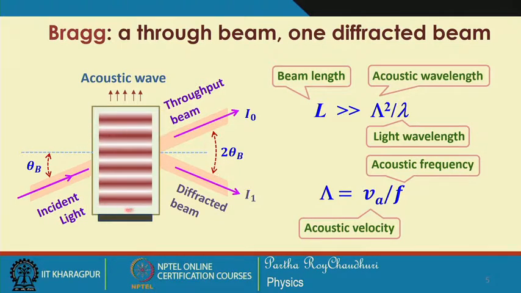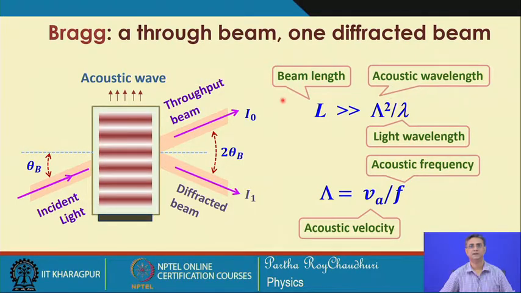And for this Bragg-type modulator to work, these are the basic conditions. The beam length L of the acoustic wave will be related to the acoustic wavelength in this form, which is capital lambda squared by lambda, where lambda is the light wavelength. So, this condition has to be satisfied throughout, and for the acoustic wave, the acoustic wavelength is related to the acoustic wave velocity and the frequency in this form. That is all we know, but we will have to make use of these parameters, these conditions in understanding the